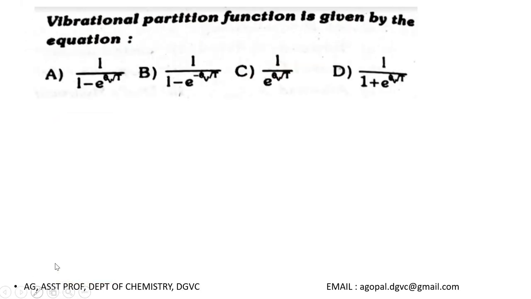This is question number 1. 3 distinguishable particles should be arranged in 2 states. The number of ways is. Here 2 states are given, and how particles are arranged, that information is not given. So if the question is given in this manner, it is actually a general type of question.